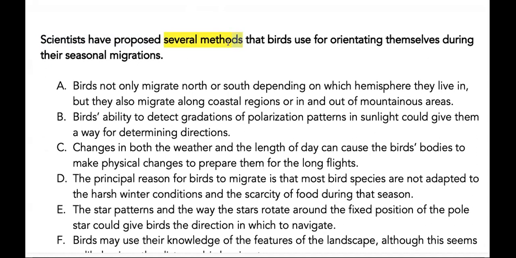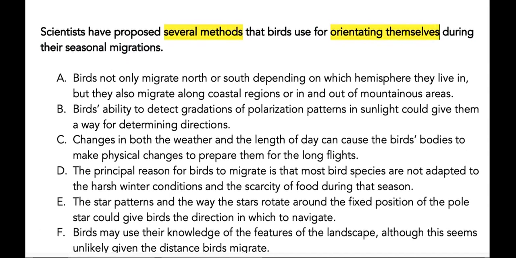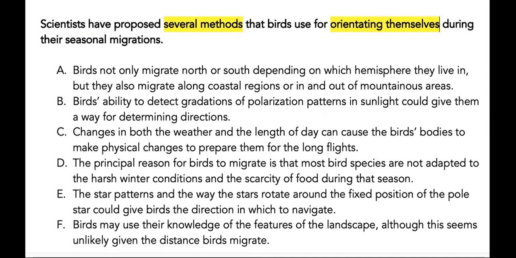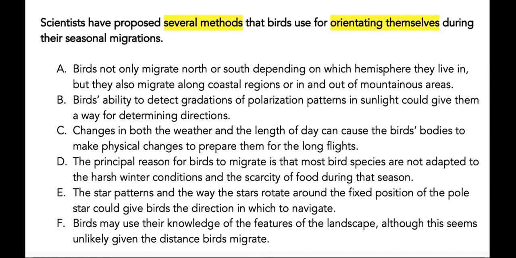Okay, so we are going to look for the methods that are used for orientation, how birds get around when they migrate. All right, so I'm going to scroll up here and I'm going to go through each one with you guys, and you can feel free, if you're sure about an answer choice, you drop it in the chat. We got